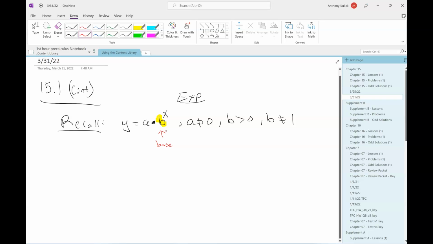Now, you can pretty much pick any number that you want as a base. You could have 0.5 or 19 or 156, or